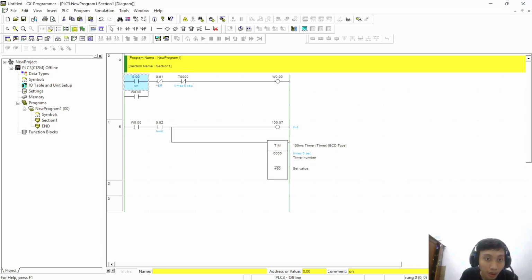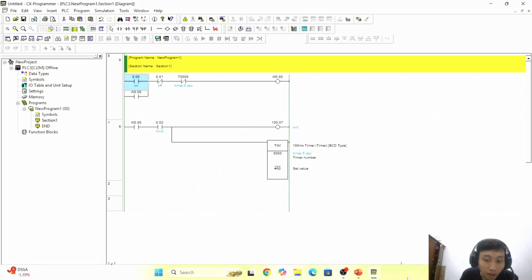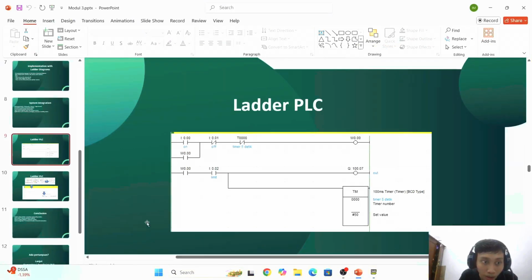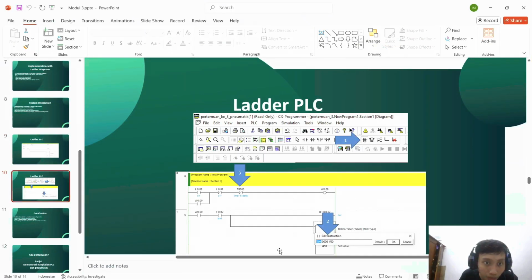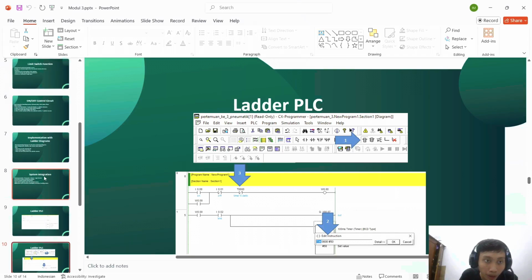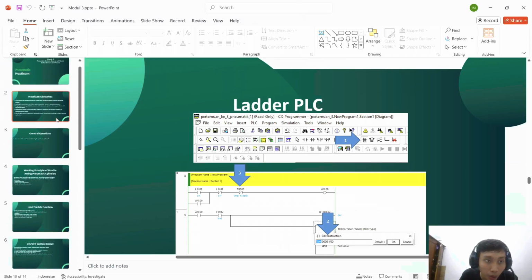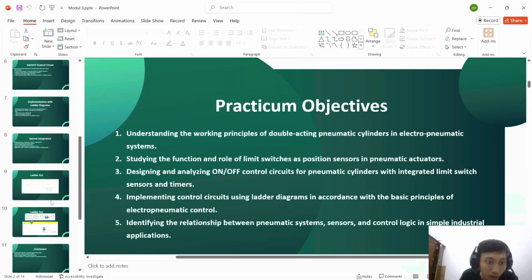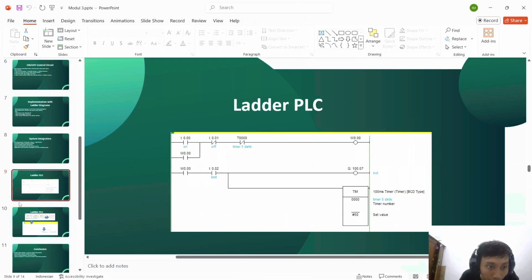Now if we start it, the timer goes to 5 seconds, and we will see the pneumatic, the double acting cylinder, in the practicum.